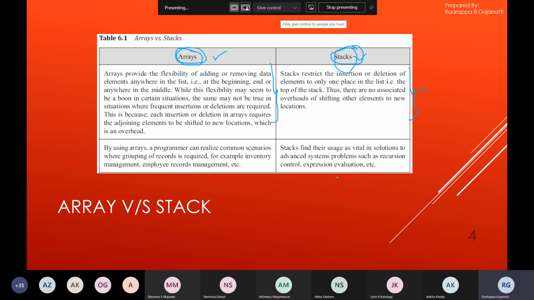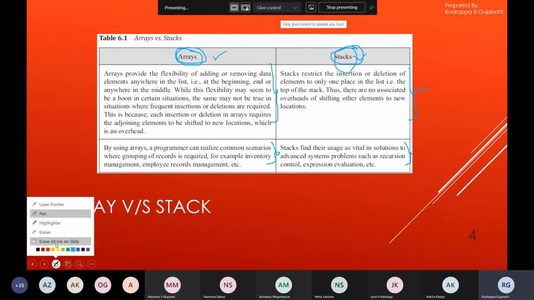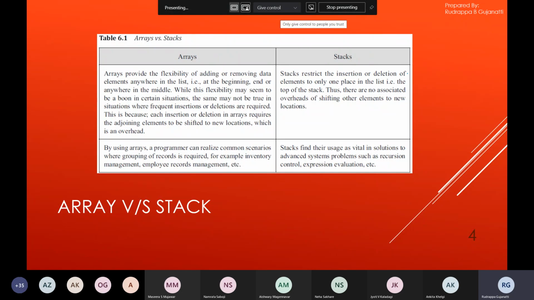Apart from this, when we're dealing with stacks, we push and pop a few things. Sometimes we need to push address information, and sometimes we need to push an element onto the stack. But in an array, you have to store similar kinds of data types, whereas in this case that problem might not occur. As we go ahead, we'll be looking into all these aspects. These are just a few points with respect to the comparison of arrays and stacks.